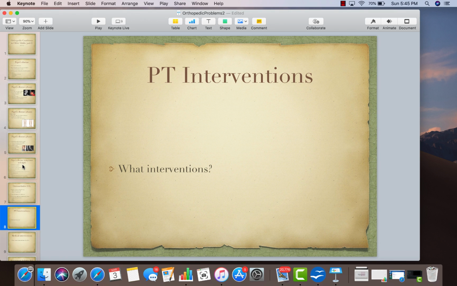So interventions, and this is meant to be kind of a discussion slide, so just take a moment, think of those typical interventions that you're going to do. Of course, that would be pain management, and maybe the phases where the person has pain. We could teach them about ice and heat application, stretching, strengthening, and of course, strengthening of isolated types of muscles